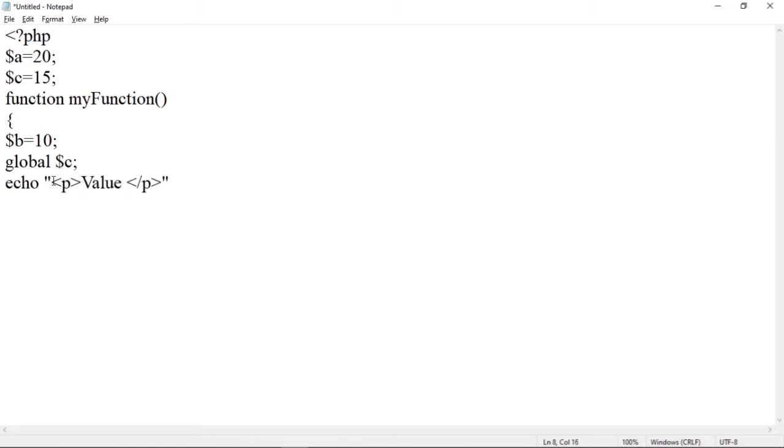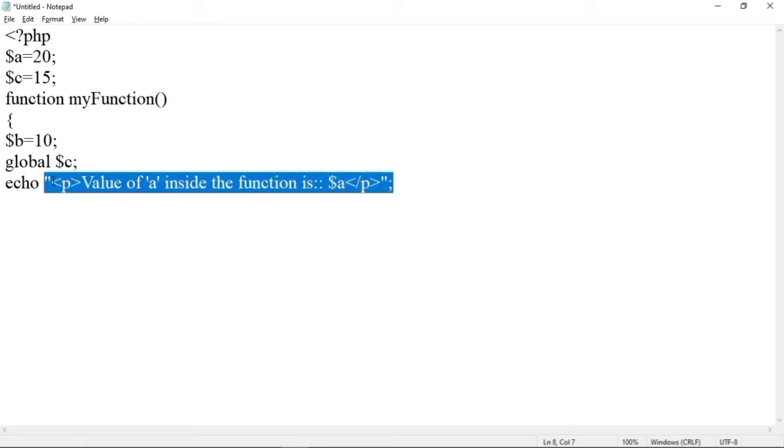Suppose the text is: Value of a inside the function is, and that value is stored in variable a. So $a. After that, semicolon.